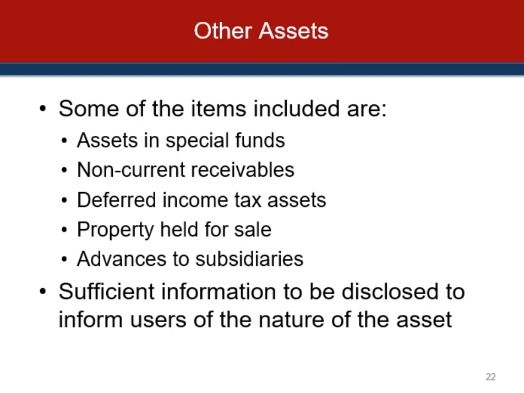The classification of assets depends on both the nature of the item and the use to which it is put. So for example, land which is used as a factory site would be classified as property, plant, and equipment. Land owned by a realty company held for sale would be a current asset, it's inventory. A land that was held for speculative purposes, hoping that the value would go up, would be classified as a long-term investment. And idle land, or any other facilities that have been withdrawn from production, would be classified as other assets, property held for sale. So depending on the context, the nature of the item, the use to which it is put, the same asset may be treated differently